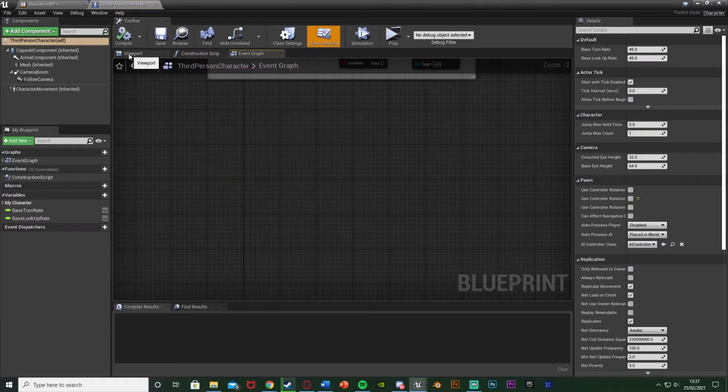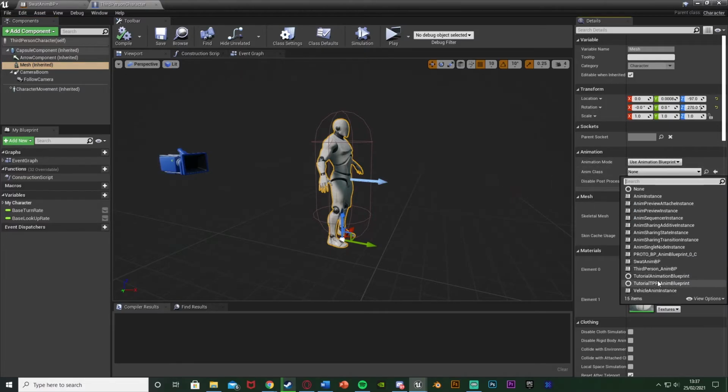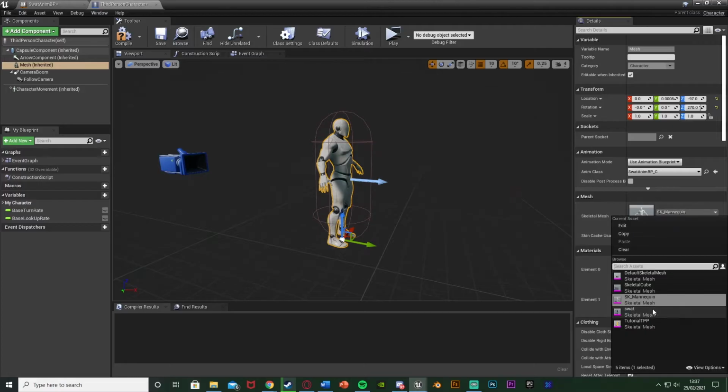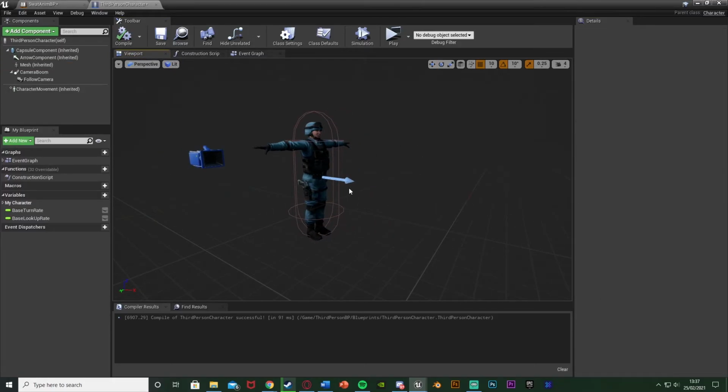character. What I'm going to do is go to the viewport, select the mesh. I'm going to change the animation asset, so use animation blueprint, anim class to be our new animation blueprint we just made, which mine is SWAT anim BP. And I'm also going to change the skeletal mesh to be my SWAT skeletal mesh there. And you can see we compile, it's going to be using the anim BP, which again is just T-pose for